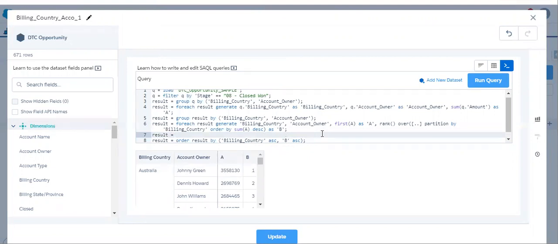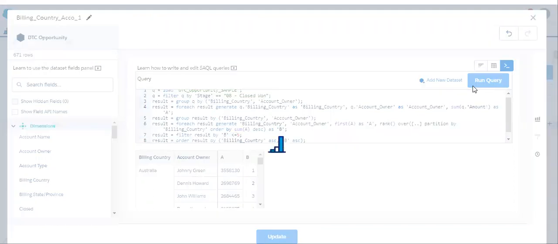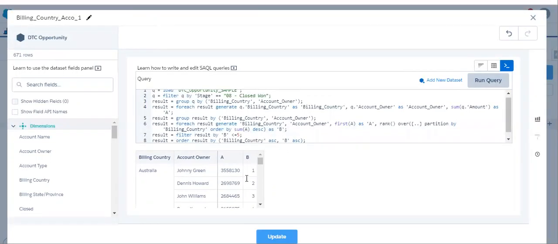Filter result by rank, which is named as B. So B is the identifier. We need to show the B only if it is less than or equal to 5. Let's run the query. Okay, now if we see the preview, we can see only the top 5 rank.